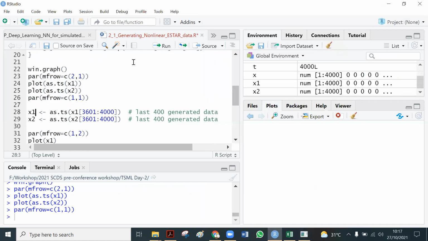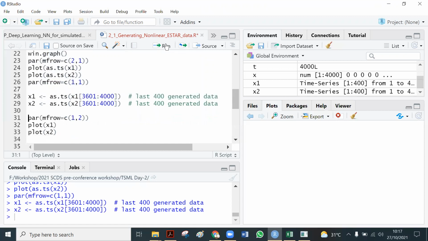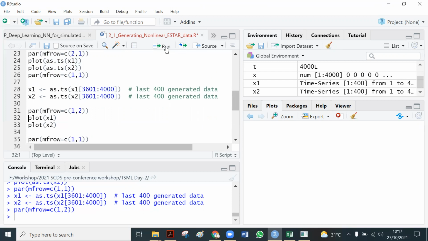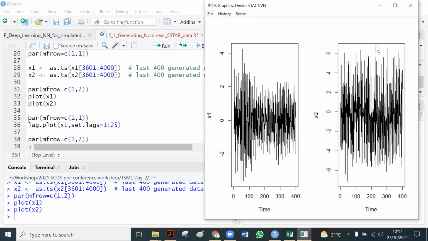Okay, we execute this. x1 is linear, and x2 is non-linear. And then we make this plot. Sorry, my plot appears here.